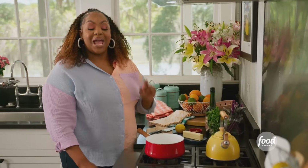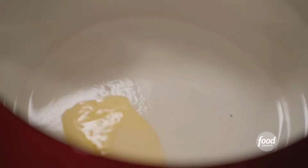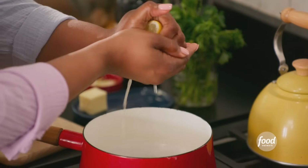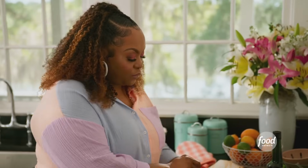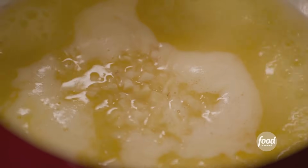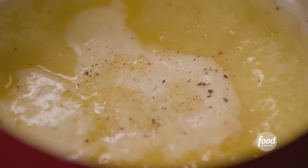While that roasts in the oven, I am gonna make a garlic butter sauce to pour on top. I'm gonna add about 6 tablespoons of unsalted butter. I'm gonna squeeze the juice of half of this lemon, so about 1 tablespoon. Now I'm gonna add some minced garlic, a little salt, a little black pepper,